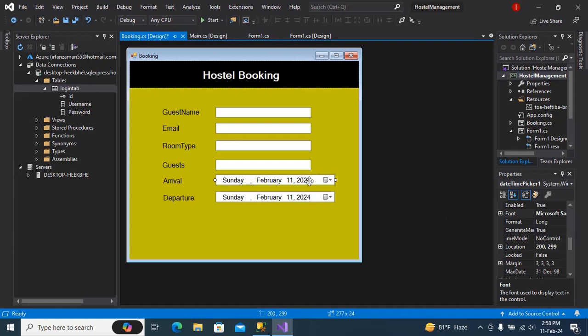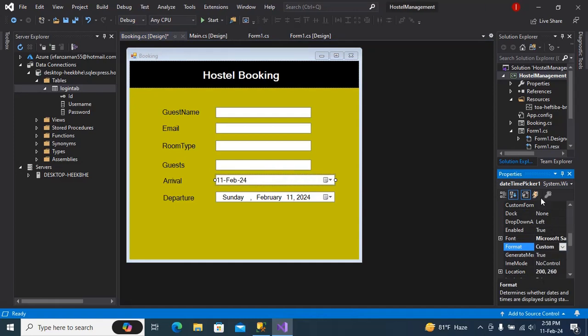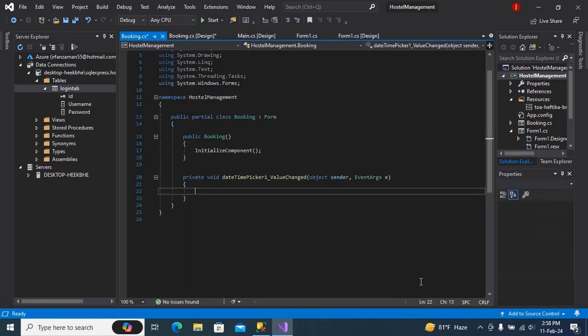So we can see the first one is date time picker 1, then 2. I'm going to quickly change the format to custom. Then I will go to the events and double click on value change and type here dateTimePicker1 dot